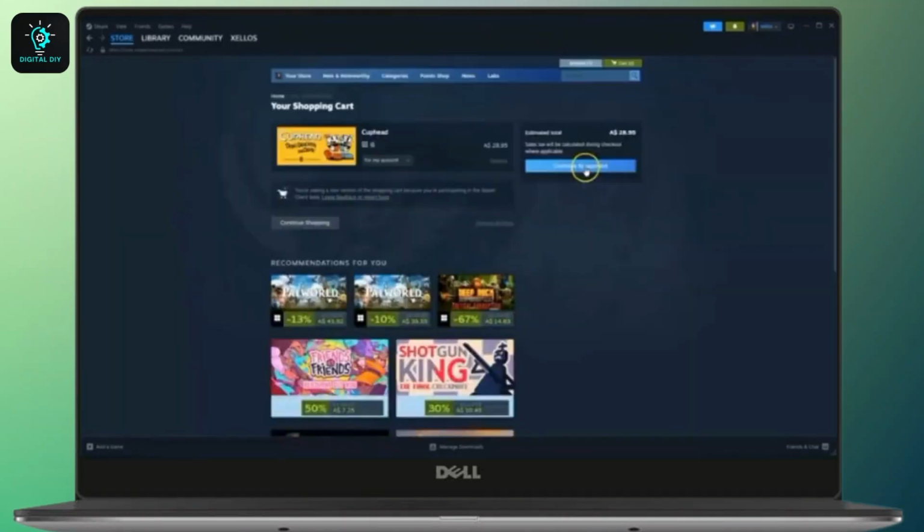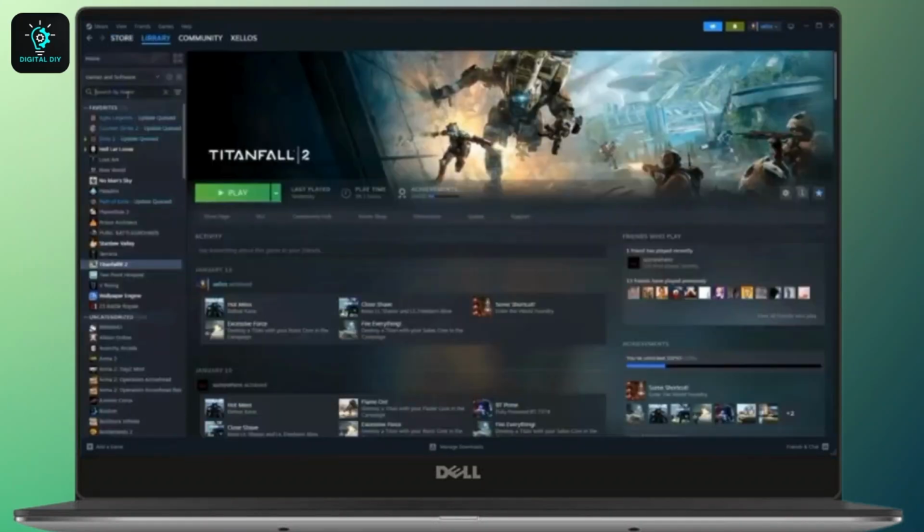Now at the top right corner of the screen, click on the continue to payment button and you will get a variety of payment methods. Simply select the payment method that is suitable for you and purchase the application. Once it is installed and downloaded on your device,